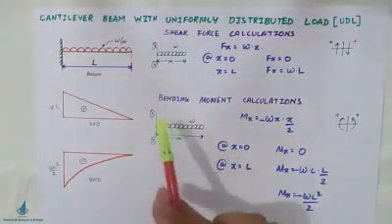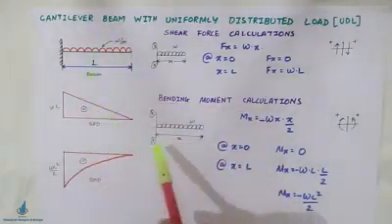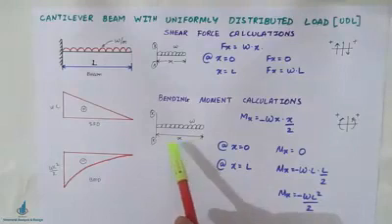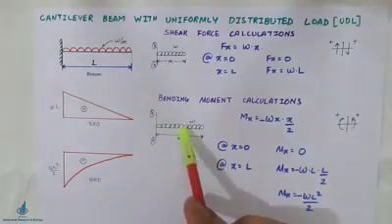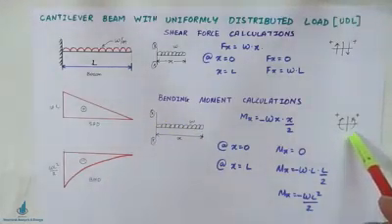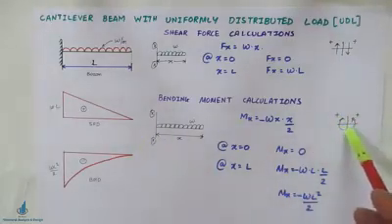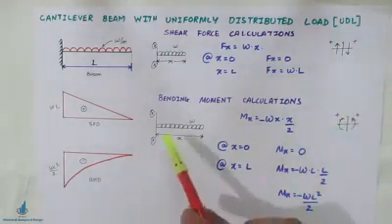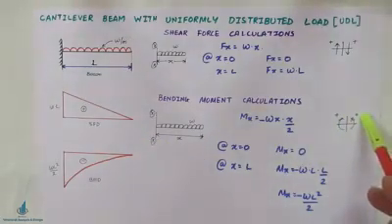Next, coming on to the bending moment calculations. Again you have to cut a section at a distance x, having the UDL W. Again you write down the sign convention. If you cut the section on the left hand side, clockwise is positive. If you cut the section on the right hand side, anti-clockwise is positive.